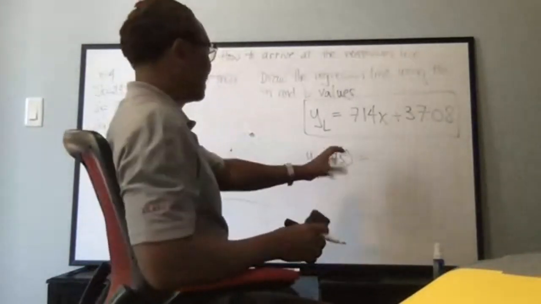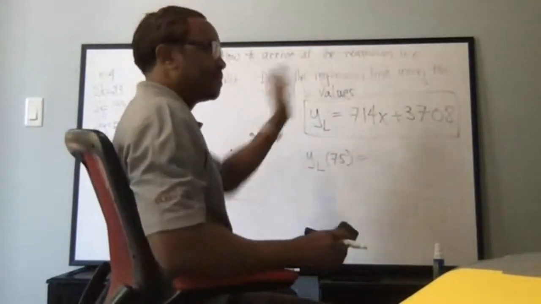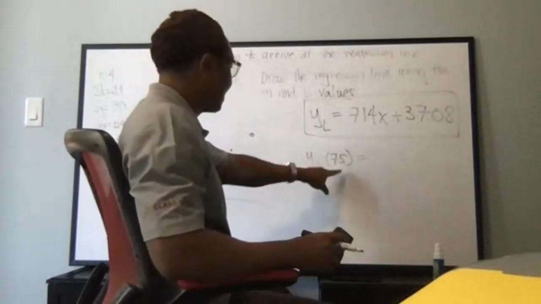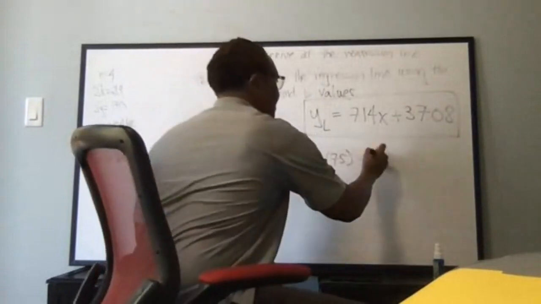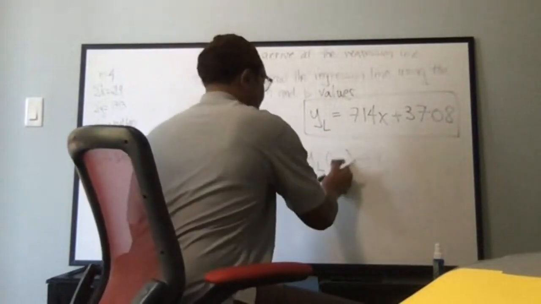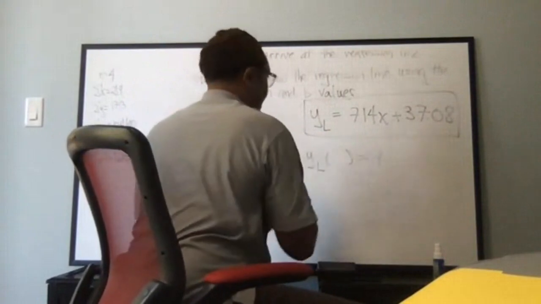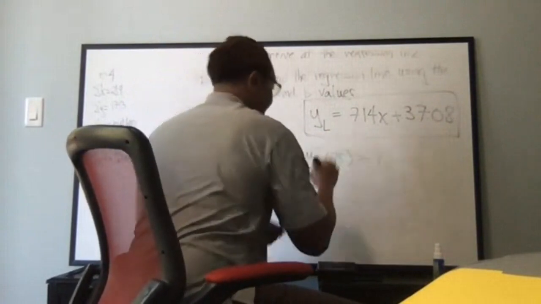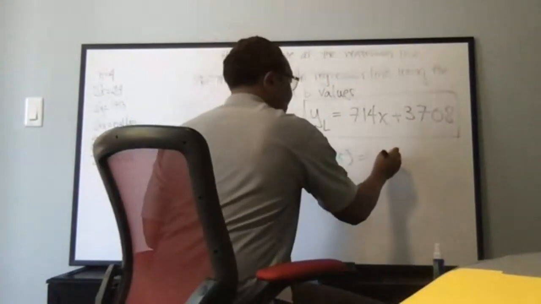In other words, it's almost like f of x, f of 75. So I'm just putting 75 inside of here. Let me do it this way. I'm going to change colors so you can see what's going on. 75. So I have 7.14